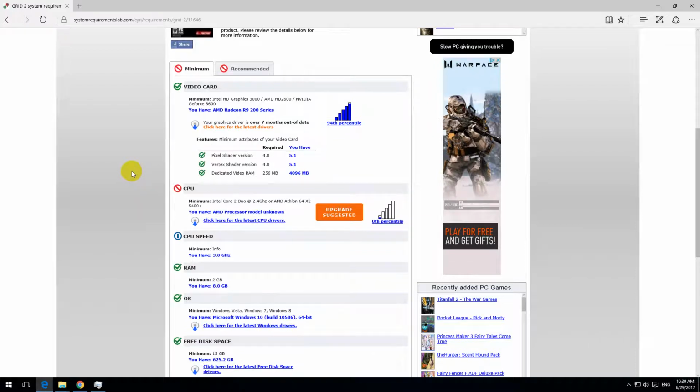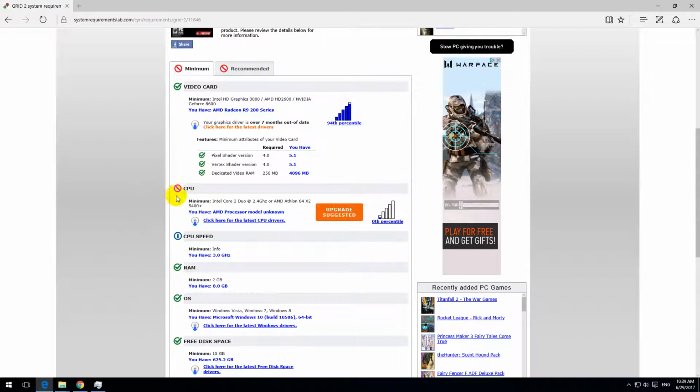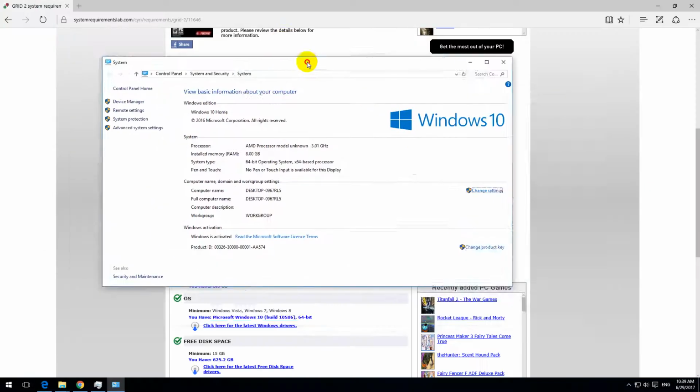Okay, so let's see what's the problem. The video card has a green check mark, so that's okay. The problem, it says, is with the CPU, that's the processor, and the rest of the components, sound card, 3D space, operating system, memory, and CPU speed, it's okay. So let's see what's the problem with the processor. It says it needs an Intel Core 2 Duo or an AMD Athlon dual core processor,